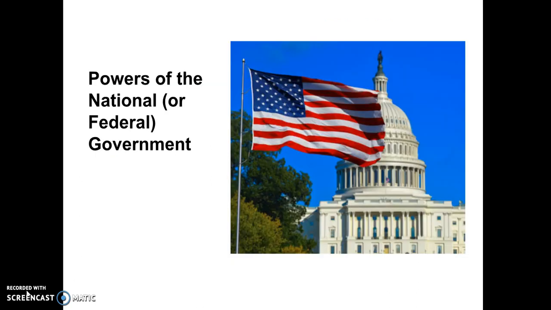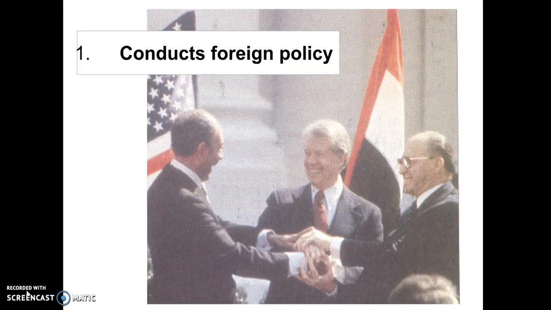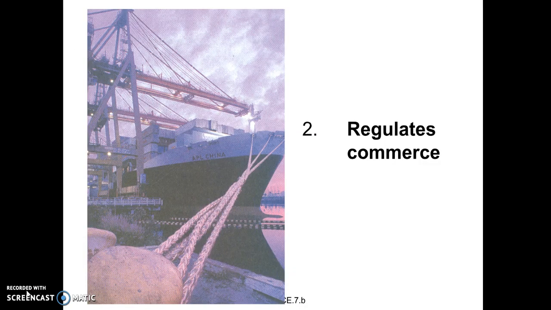So let's get a little bit more specific on the powers of the national or federal government. You may want to jot down that phrase next to these things in your note sheet because I noticed that there is not a subheading on that section. So you might want to remember that the following things are powers of the national government. The national government conducts foreign policy. We don't want to have 50 different policies for 50 different states relating to Iran or Cuba or France. As a nation, we have one policy in our relationships with other nations and our allies.